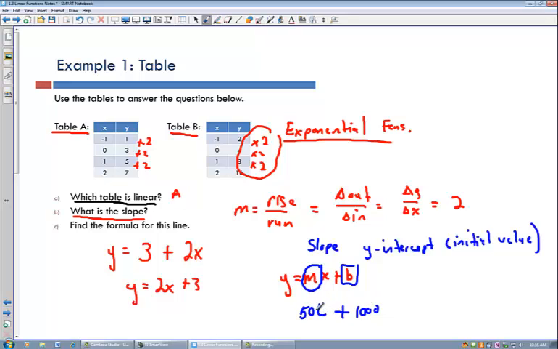So 50, and I'll use t for time. And this is how much I put, using A for amount, into my investment. If I want to figure out how much I put in after, let's say, 1 year, I would figure out A of 12. So functional notation. And I'd say, okay, this is 50 times 12 plus 1,000, and I can use a calculator to figure this out, or you can do it in your head. This is going to be 600 plus 1,000, so I put in